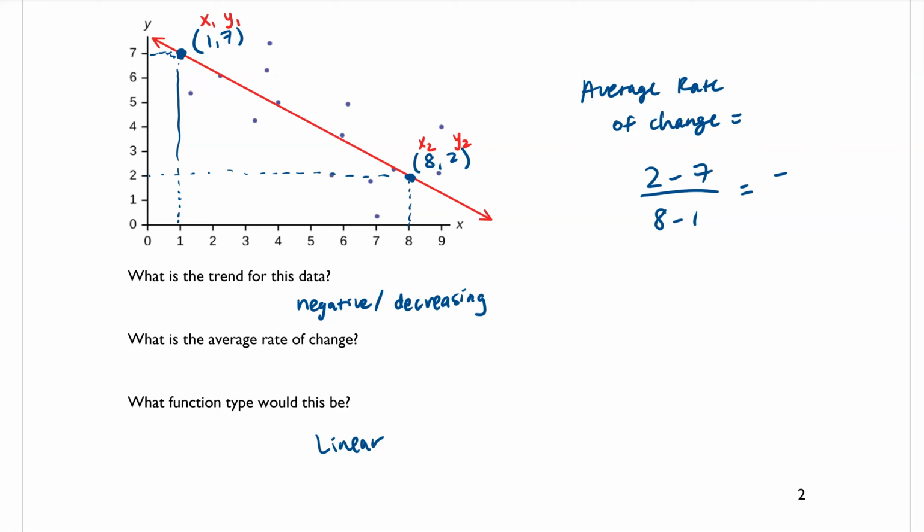So that is negative 5 over 7. Notice here that there are no units on either of the axes, so we don't quite know exactly what this is measuring, but we do know that